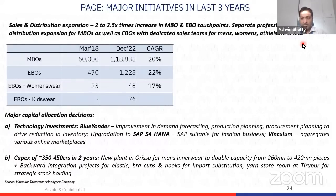But also what the company has done is that they have expanded significantly their distribution footprint in the last 3-4 years. So I think many of the distribution should start having the snowball impact and should start delivering very good volumes. Again, Page is one company which has been at the forefront of technological implementation. So some of the examples we have given in the slide. So in other words, Page again, when you look at the relative picture for Page, when you look at the things that they have done in the last 3 to 4 years, we think the future is quite bright